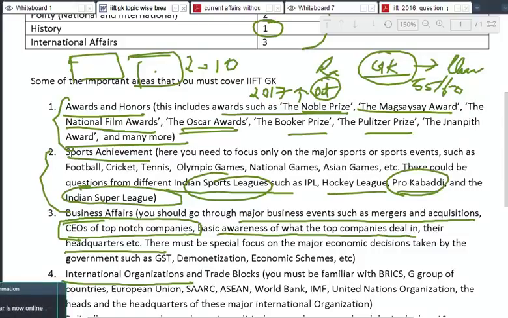For example, this year we had this event, right? The International Court of Justice, right? We had Kulbhushan Jadhav's case, where India took the matter there. So where is the Hague? There might be a question that the International Court of Justice is located in which of the following countries? So instead of knowing only the Hague, you must also know the country. The country is the Netherlands, correct? So this is the kind of question that you must expect. Are we clear about it, people?